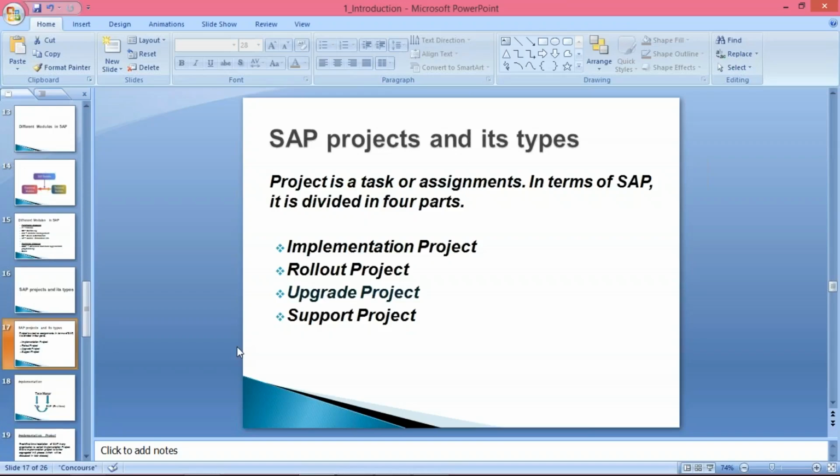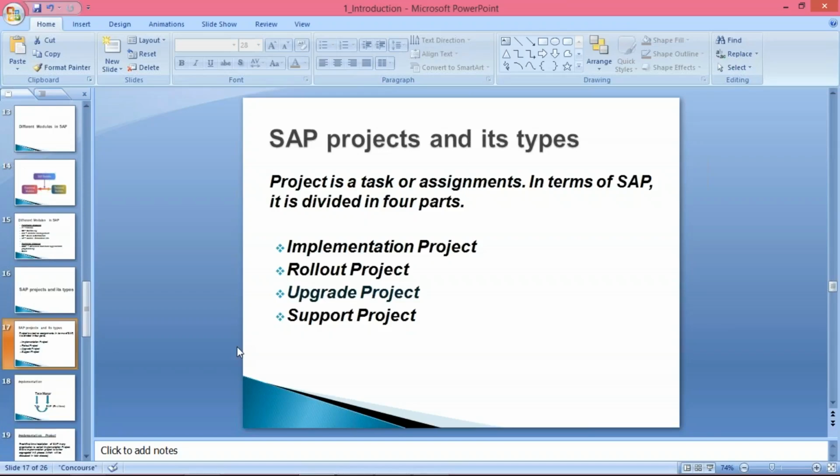You are part of the ABC project, where ABC is the name of your client. Let's suppose we have Adidas. Adidas is a very huge company, and they're using SAP. So the Adidas project is going to be handled, let's suppose, by Wipro Technology or Infosys. If you join Infosys, then Infosys HR will say that you are going to be part of the Adidas project, and it's an implementation project.